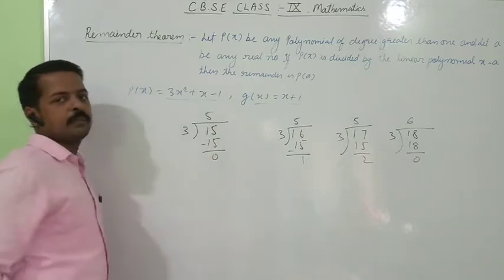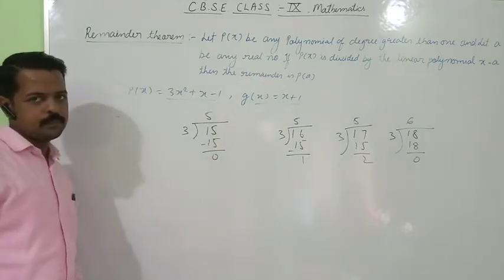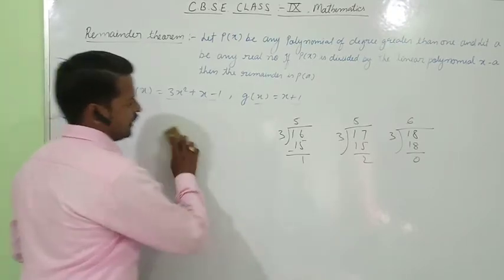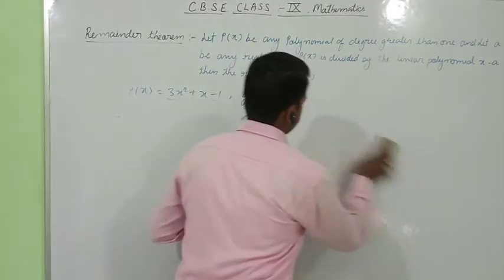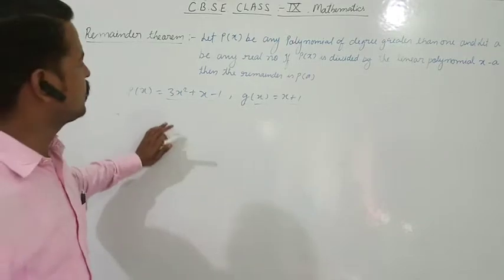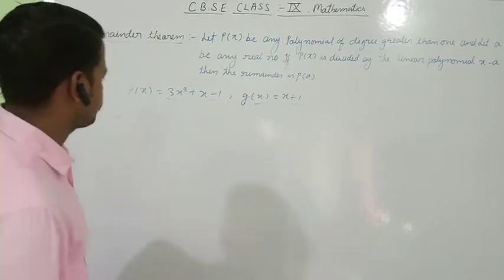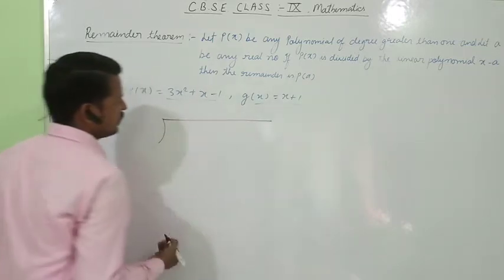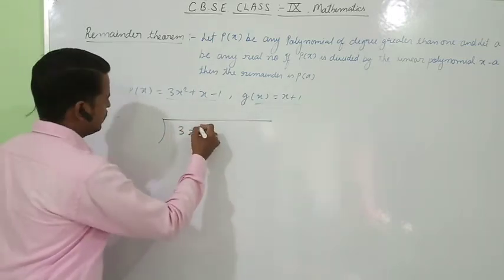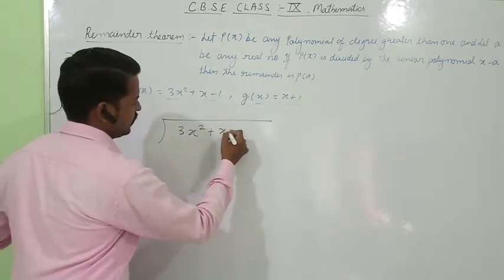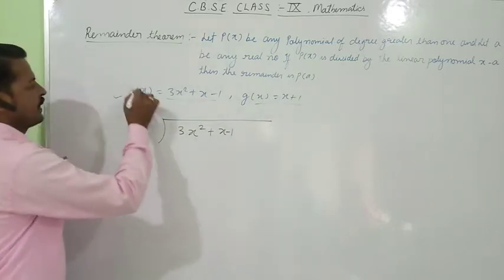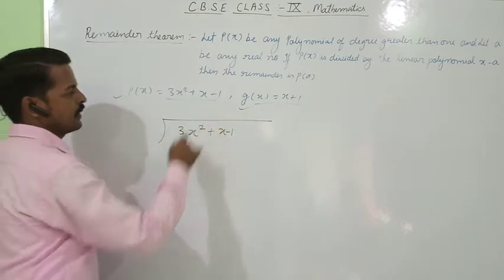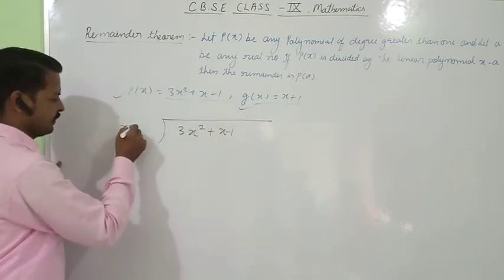and the dividend is multiple of divisor. ठीक है. Let us take one example of polynomial I have taken here and find out its remainder. Then we come to conclusion of remainder theorem. I am using old long division method by which we are finding the remainder of the given polynomial. We have to divide p of x by g of x. So p of x is dividend and g of x will become what? Divisor.